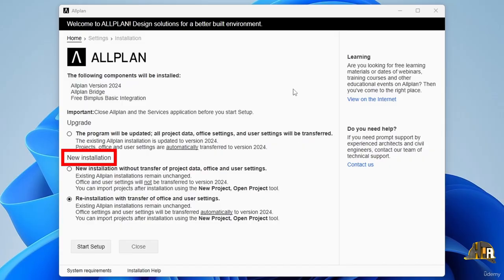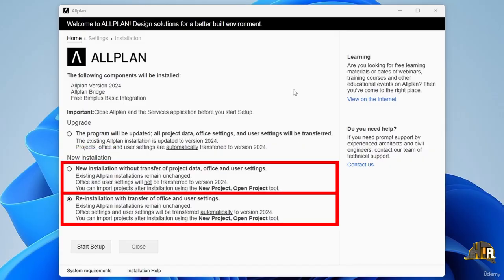Second, New Installation. Within this option, there are 2 sub-options. First, New Installation without data transfer. This installs a new, clean version of Allplan without transferring any data. You can manually add settings and projects from older versions later. This option retains previous versions of Allplan and is ideal if you want to start fresh or are installing Allplan